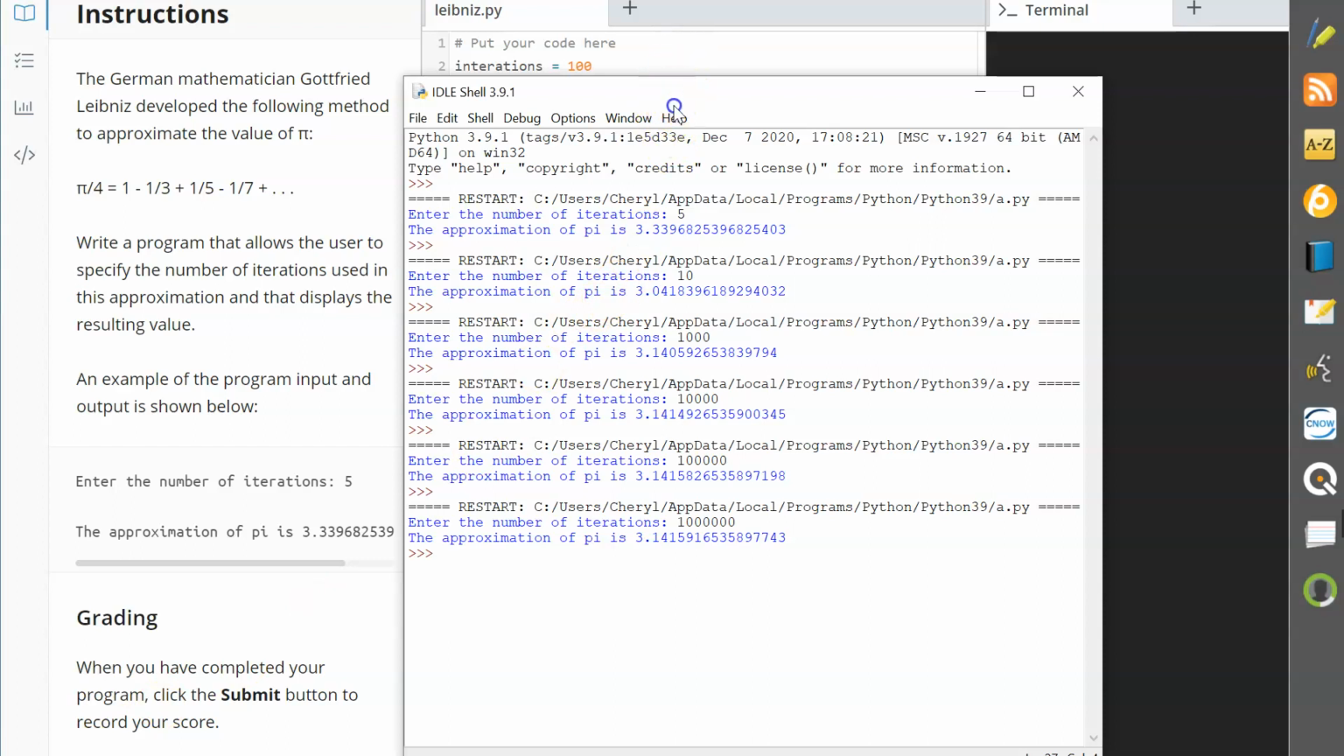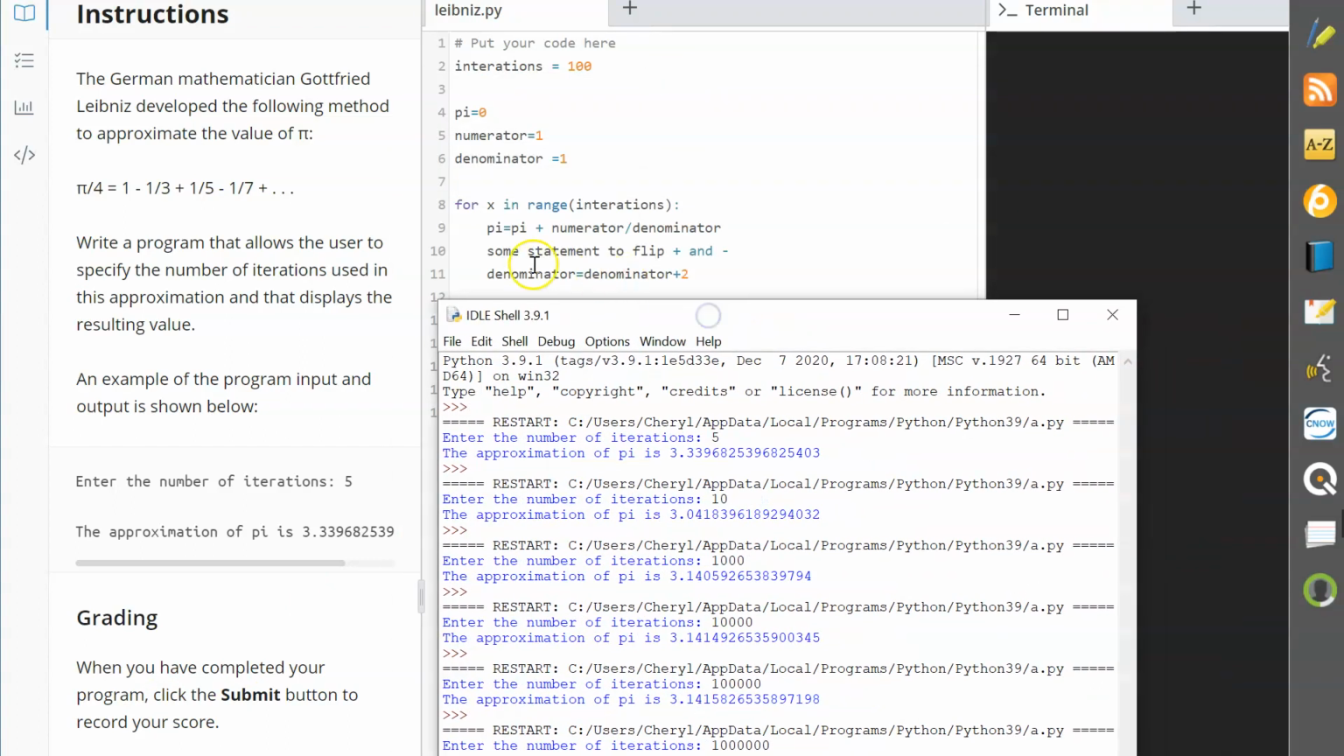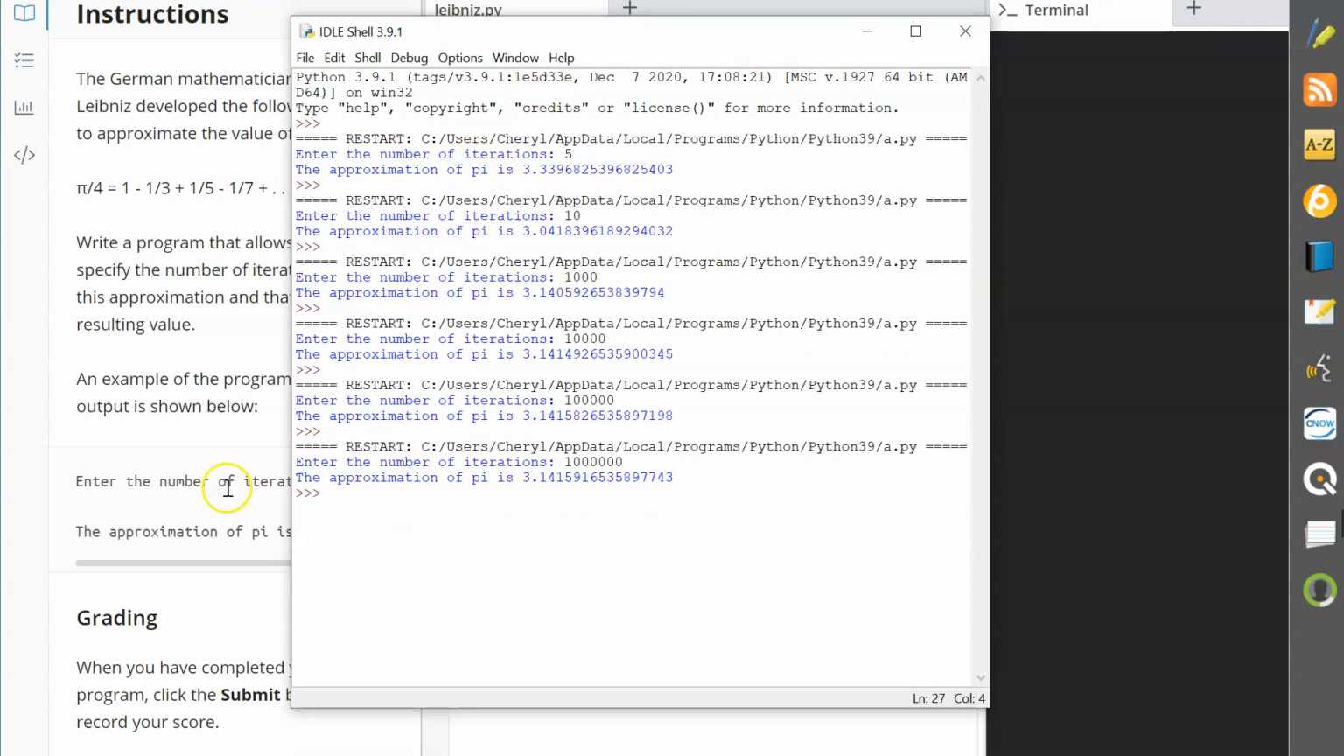So that is most of that. You just have to figure out how you can flip that numerator positive and negative each time. So think about what happens when you multiply something by -1, for